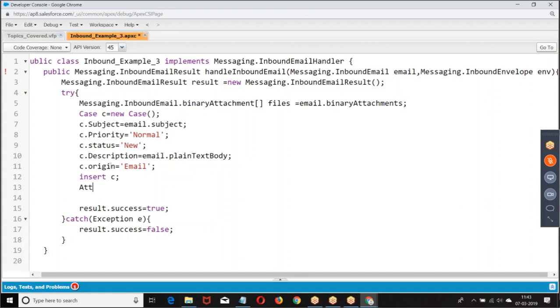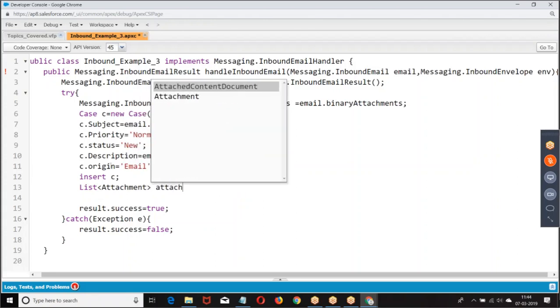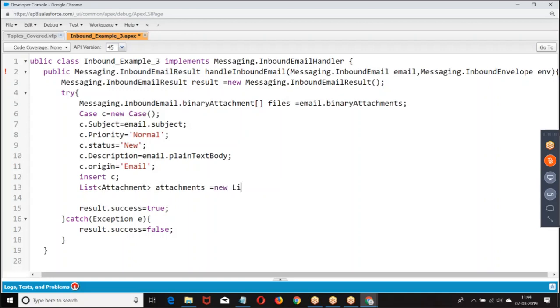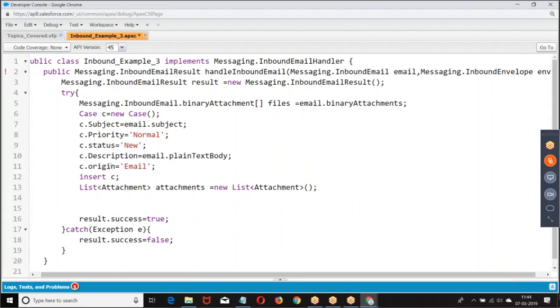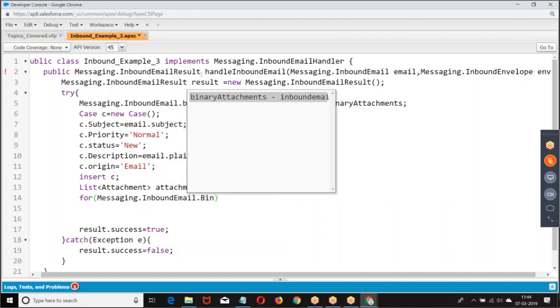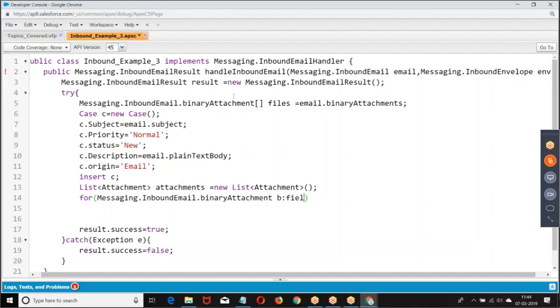So what am I trying to do? List of attachments, then we have c.binaryAttachment, then email inbound.binaryAttachments.